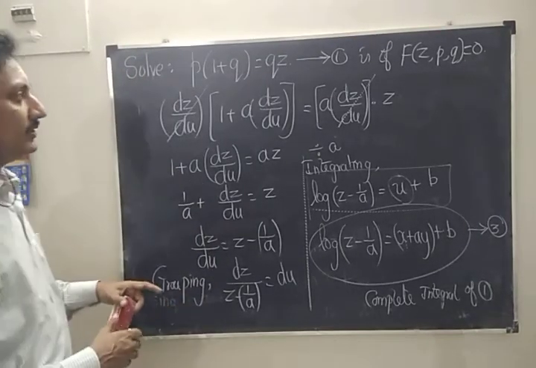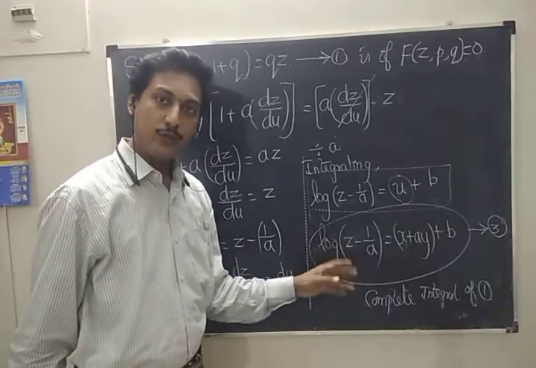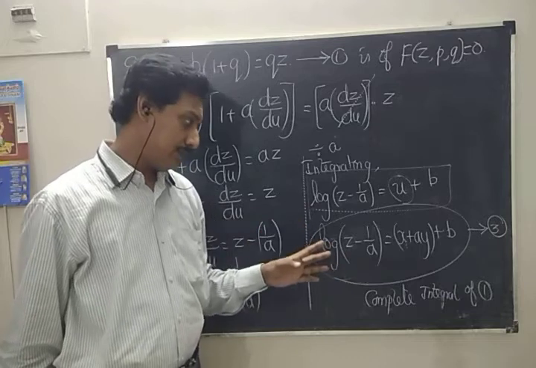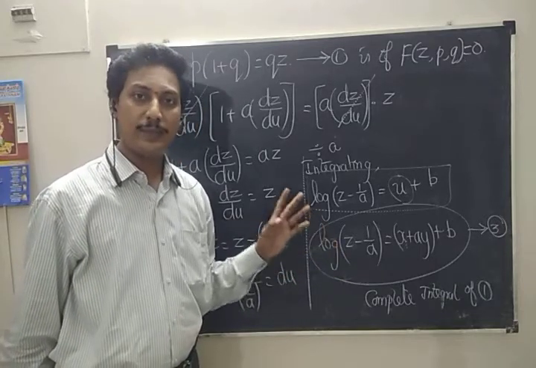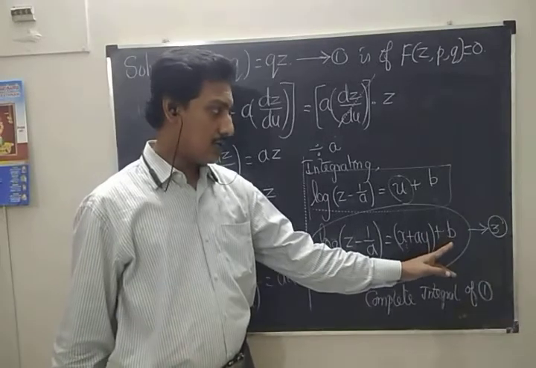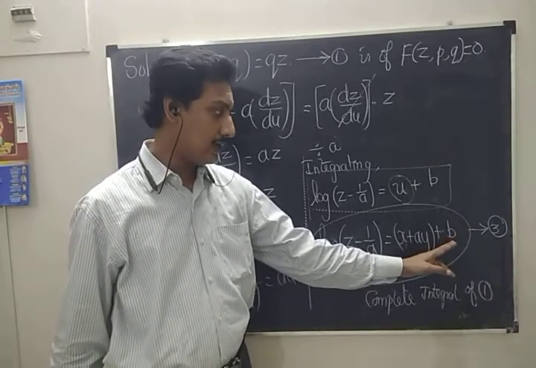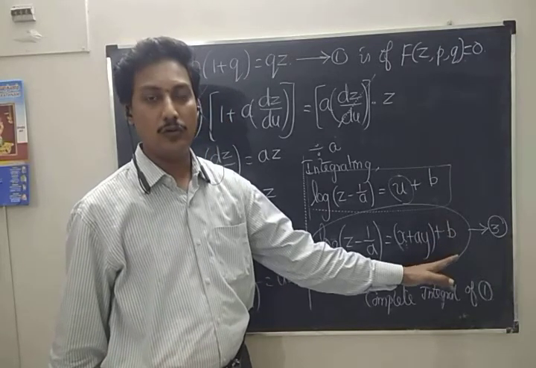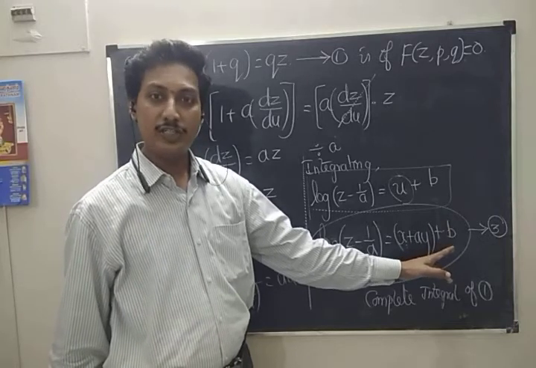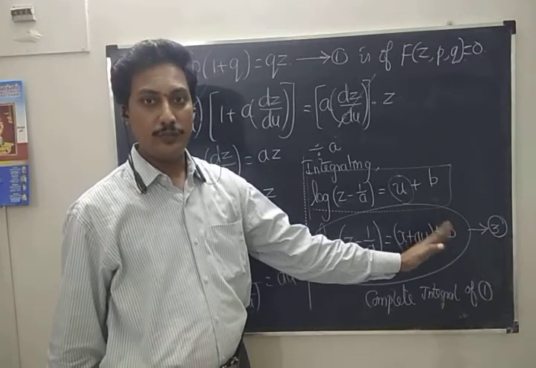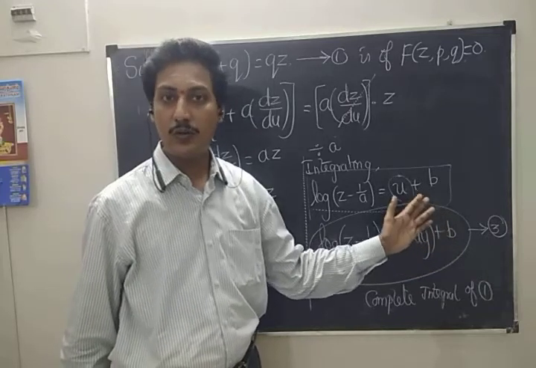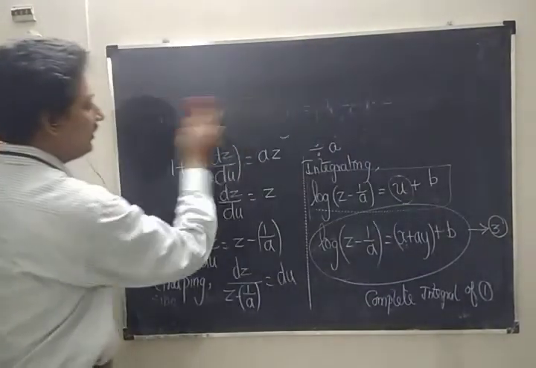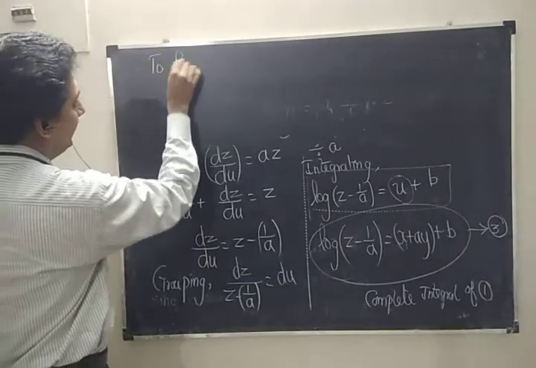Now after getting the complete integral, I would like to try to get the singular and the general integral. But I told you that there is no singular integral for this equation number 3, since this constant was separated. So once it is separated, while differentiating this with respect to b, I am getting 1 is equal to 0. So it is a contradiction. So it is observed that there is no singular integral for this equation number 3. So let us see how to get the singular integral, the SI.